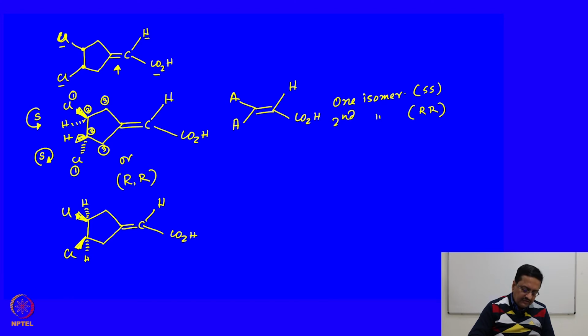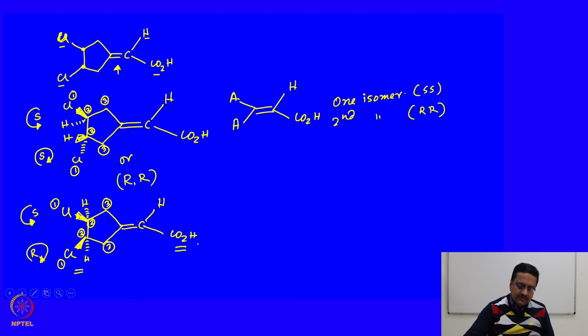So, we write the priorities as 1, 2, 3. So, 1 to 2 to 3 anti-clockwise is S, and here it is 1 to 2 to 3 clockwise. So, it is R. So, now we have one possibility of having both R group which is more prior here and more prior there